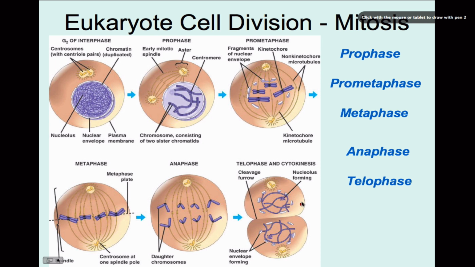And then the next phase is telophase, and in this part you actually will start to see the cell dividing. The chromosomes have moved to either pole, and you see the cell start to divide, and then the cytokinesis, this is the actual cell division. So cytokinesis is after telophase. It's not considered a part of mitosis really, but it is the final step where the cell has actually divided.